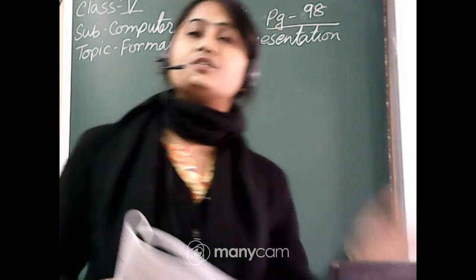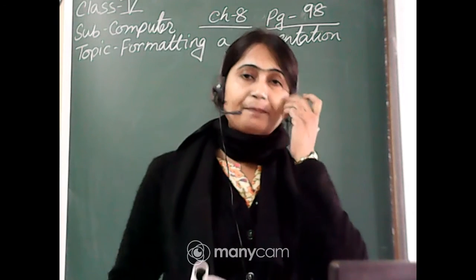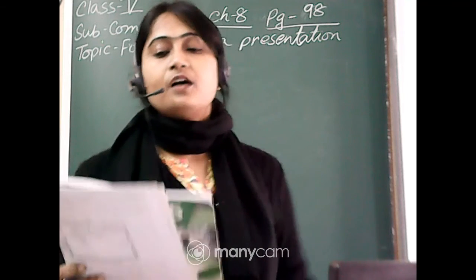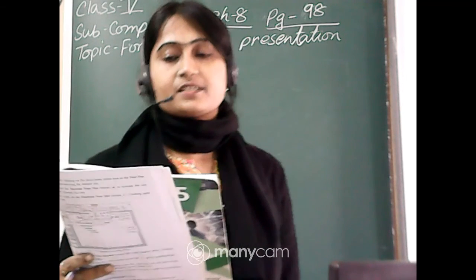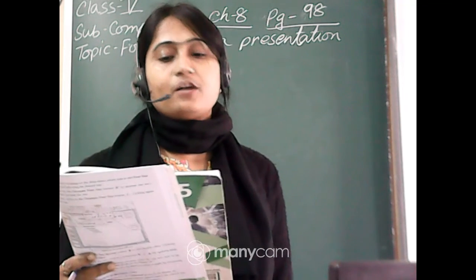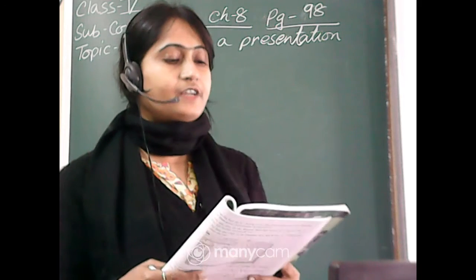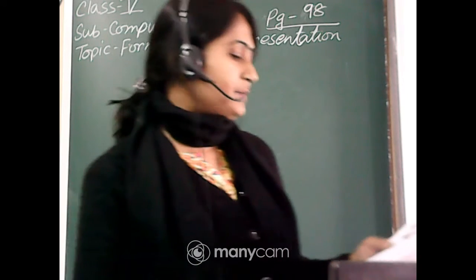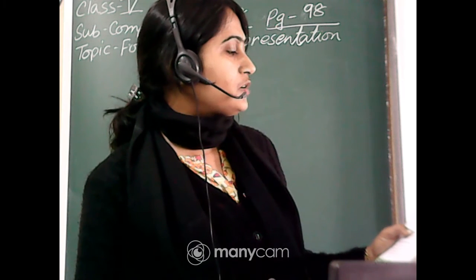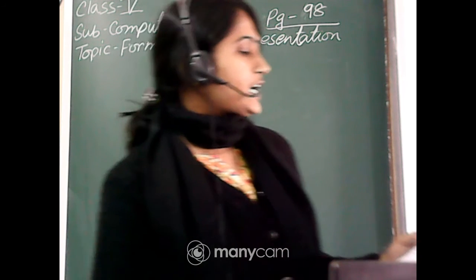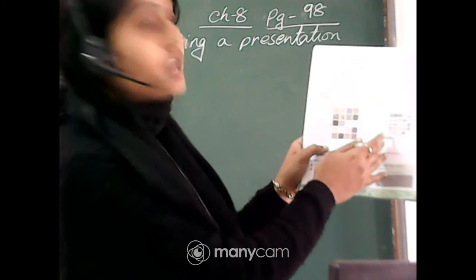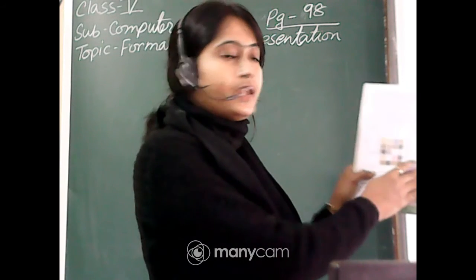But if you want to apply any other, different color, then you have to click on the more gradients options, and the format shape dialog box will appear. Select the gradient fill radio button and click on the preset color button. You can see the different colors and many color shades there. You have to choose from here.